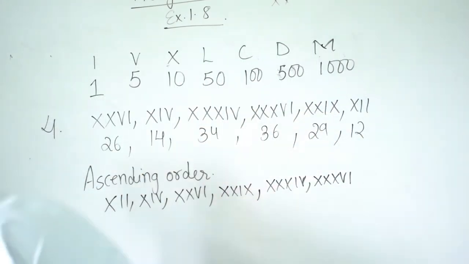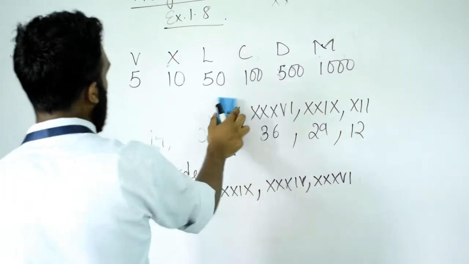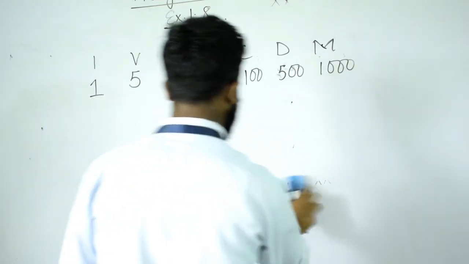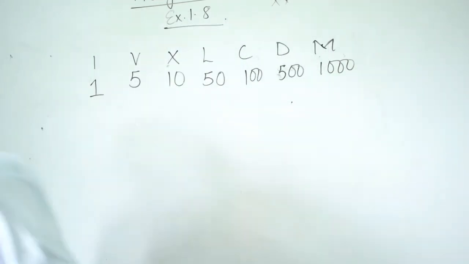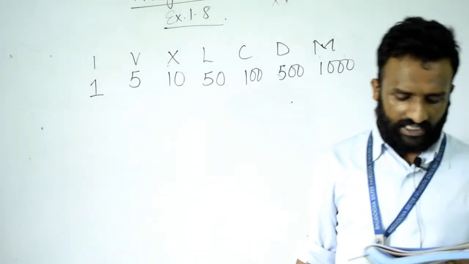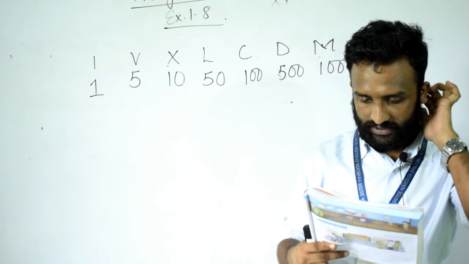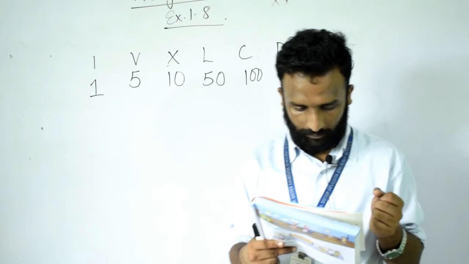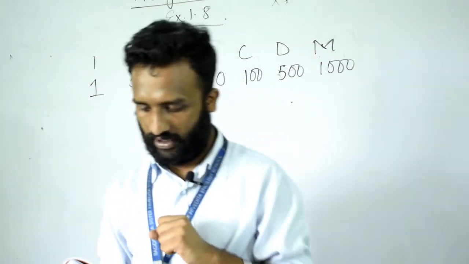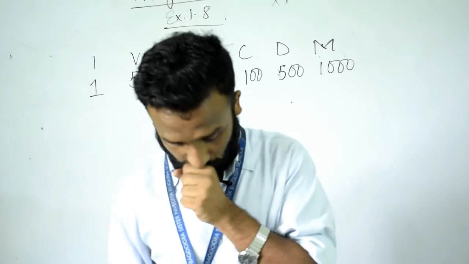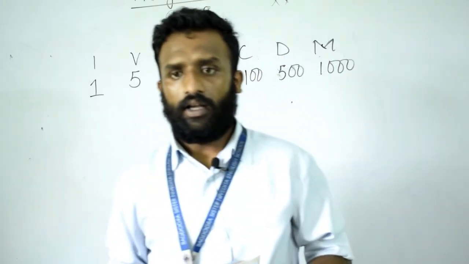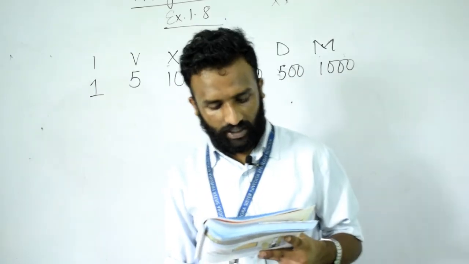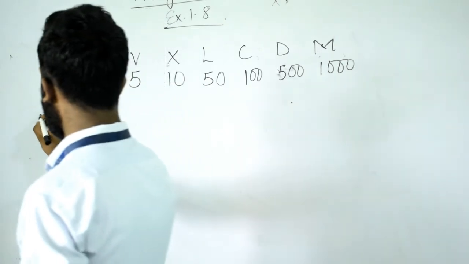Now the last question from this exercise 1.8, and we'll complete this chapter with this last question. A king lived for 120 years. He had 35 members in his family and 76 states under his kingdom. Write all the Hindu-Arabic numbers in Roman numericals. Here the Hindu-Arabic numbers are given and we have to write the Roman numericals. So let's do question number 5.